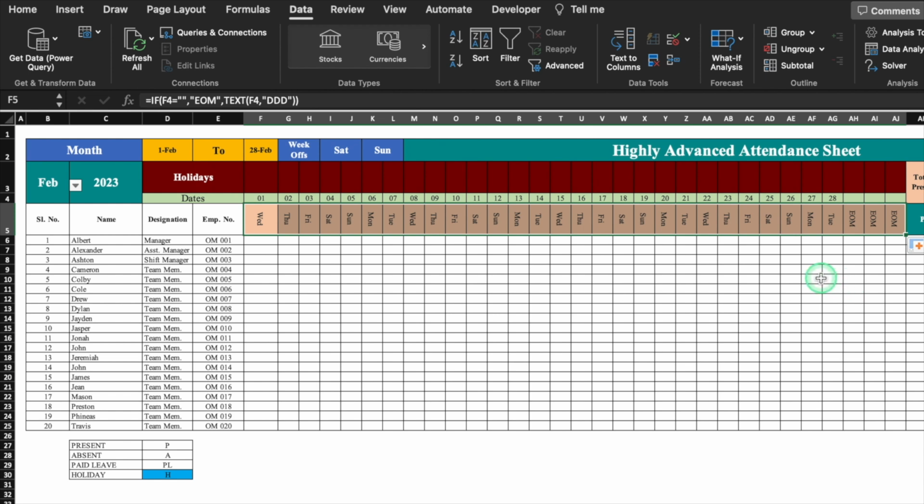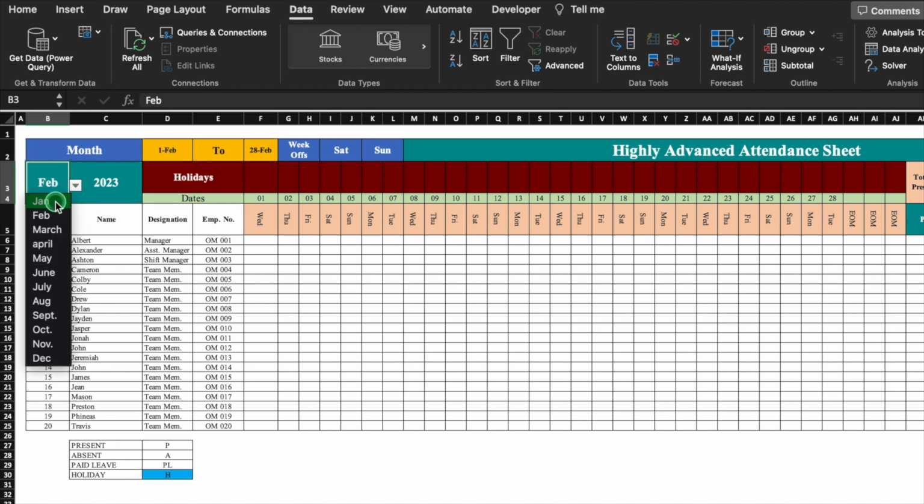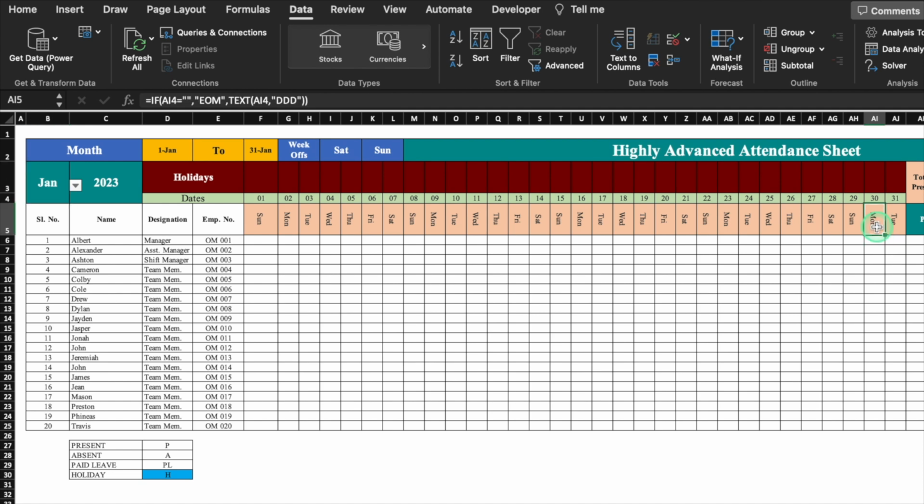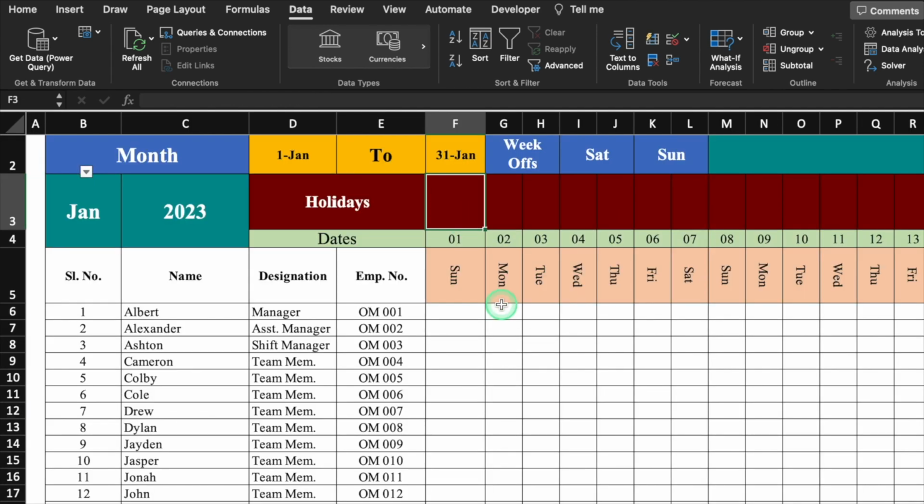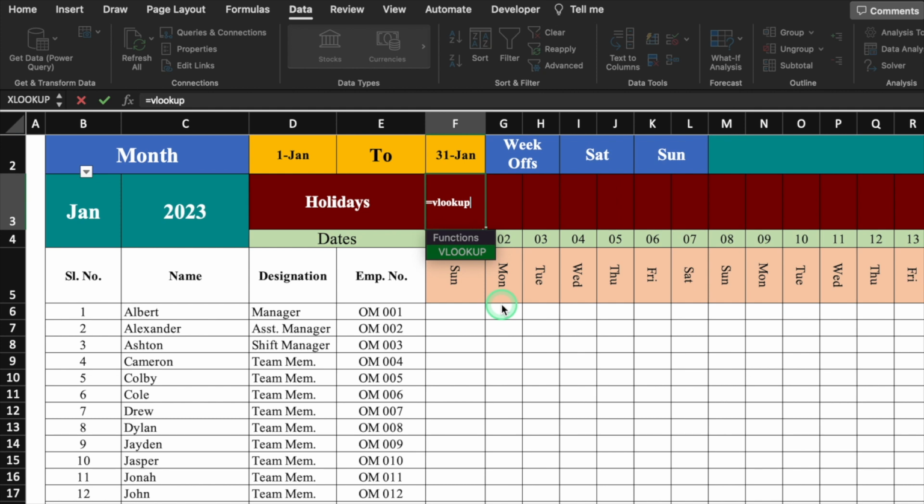And in the month of Feb, after 28th, it's showing EOM, which means end of the month. We will change the month to Jan, and in Jan EOM is not visible. Instead, date and days are visible. Now we will insert the formula for holidays, and the formula will be equal to VLOOKUP, bracket open, lookup